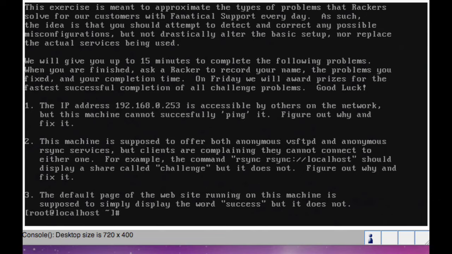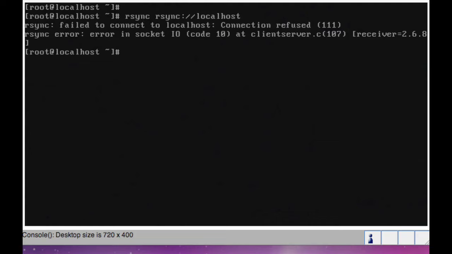As you start to troubleshoot any problem, it's a good idea to verify exactly what the symptoms of the problem itself are. So I'm going to try this rsync command. And I see, yes, in fact, it does not work, and it tells me that it failed to connect to